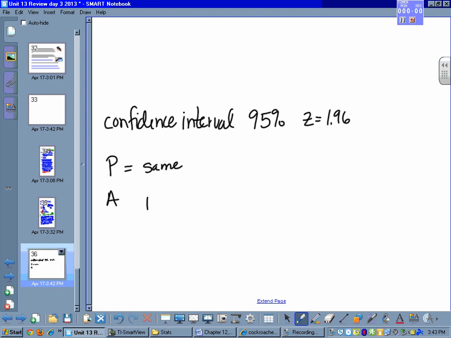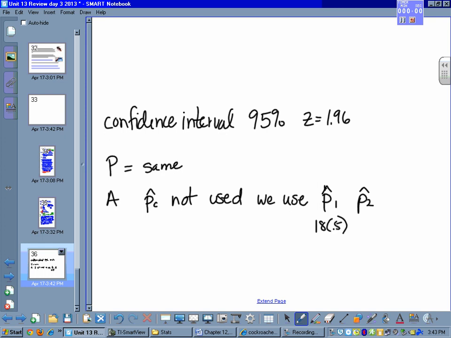The A, instead of using the P hat combined, we don't use this because we're assuming that there's a difference and we want to calculate what that difference could be. It's not used. We use P hat sub 1 and P hat sub 2 in the